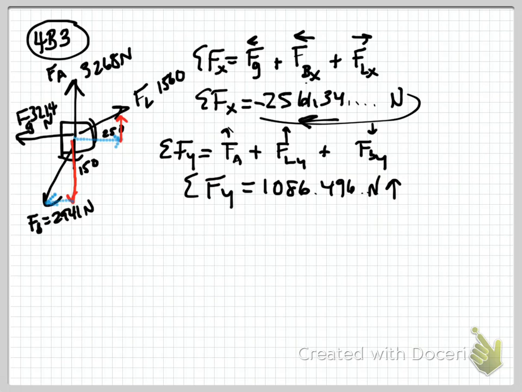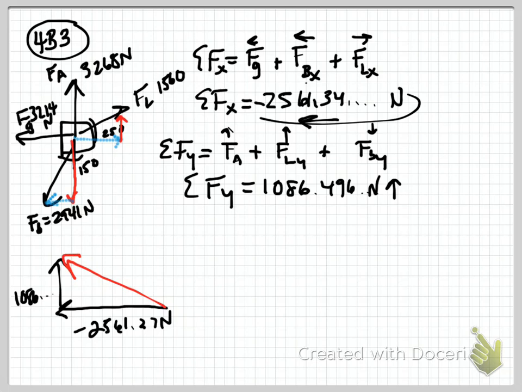So now we want to make our overall triangle, and we have our negative 2561.34 newtons. We have our 1086, etc. And so our resultant, of course, is going to be something like that. That's the net force. So the net force is equal to the square root of the 1086, etc. squared plus the negative 2561, etc. squared. We get a net force of